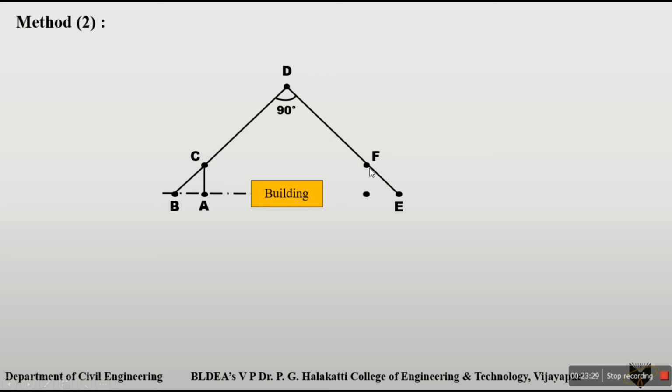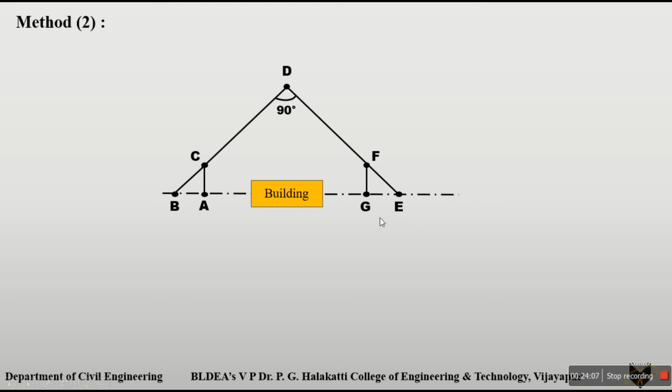Okay, then you have to erect a perpendicular line here. With respect to 1 meter, keep the 0 of the tape at this point and draw an arc here. Similarly, keep the 0 of the tape here, and with respect to a length of 1 meter, draw one more arc. These two arcs will meet at one point. Okay, this point is G. Later you have to join these two lines. Now if you join G and E, you will get the continuation of our survey line on this side of the building.